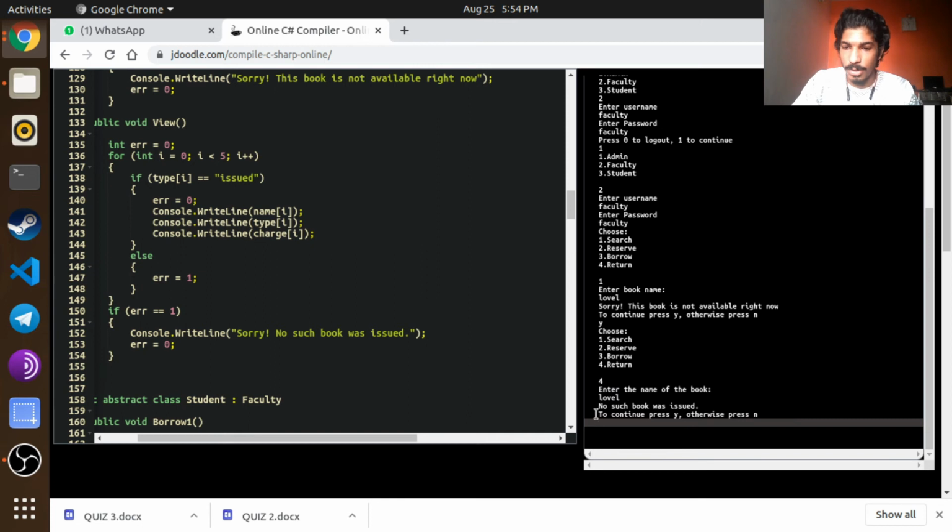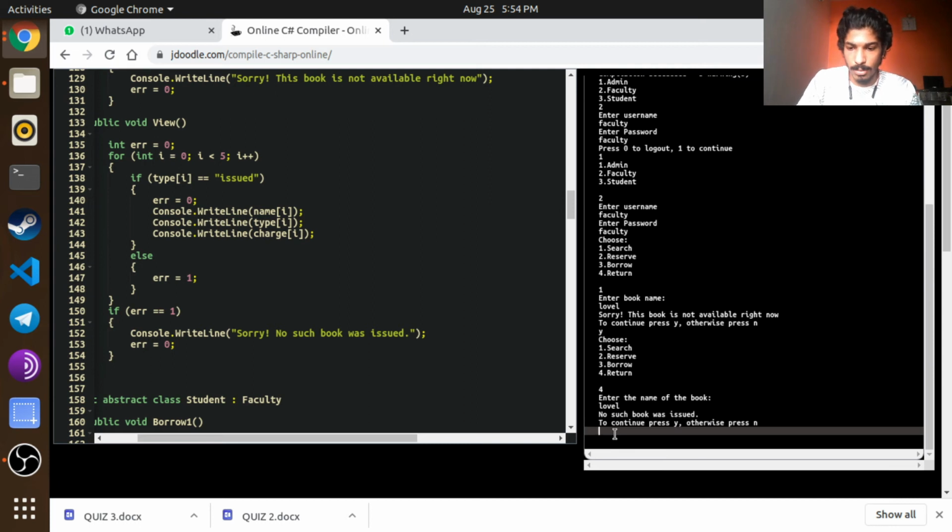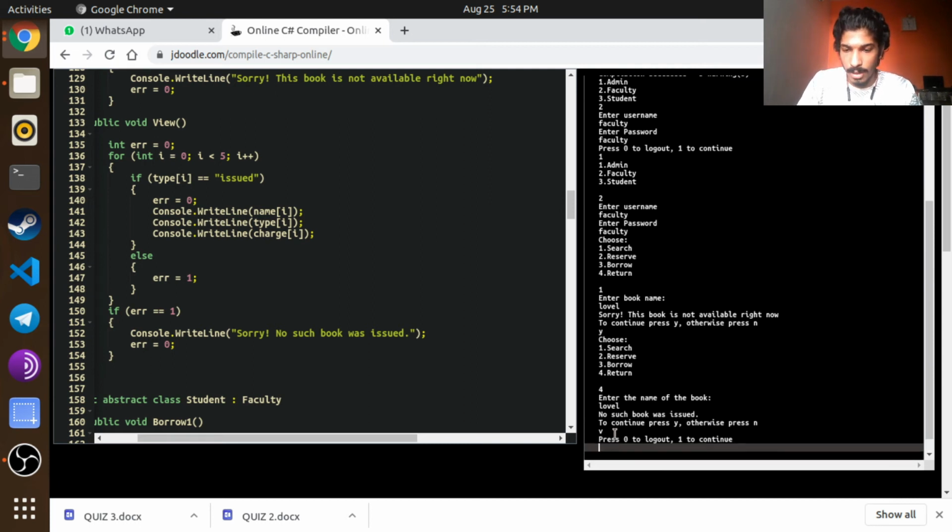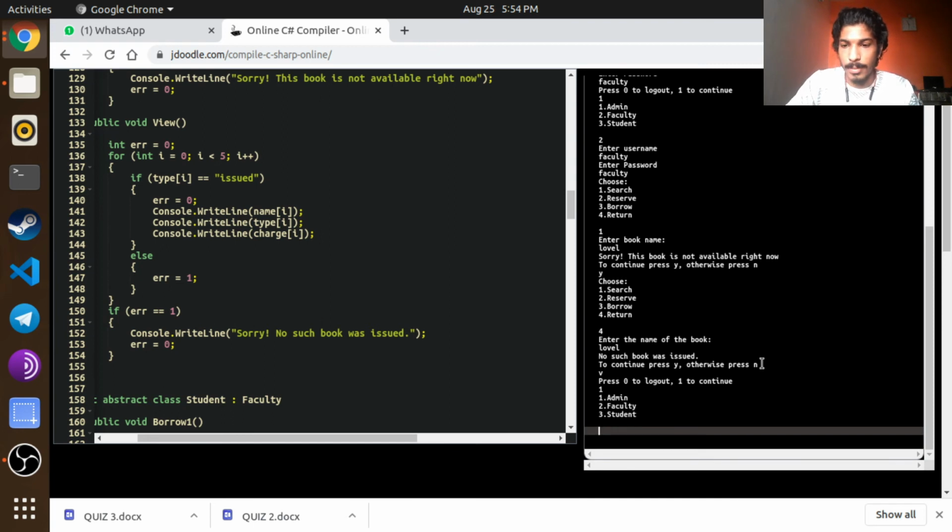Because no book was issued, it is giving us the correct output. Next, oh sorry, I have to press 1 to continue. Okay, correct. You have to press N to exit, but I have given the condition that if Y is not pressed, any other condition will work, so that's why it's working.